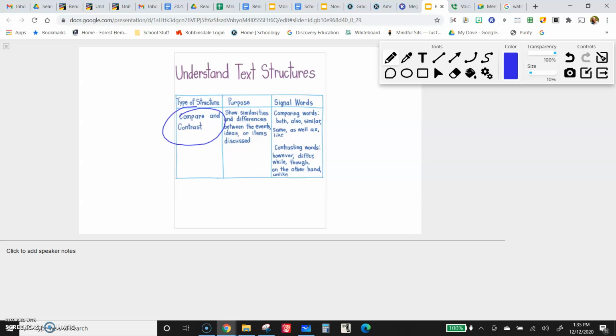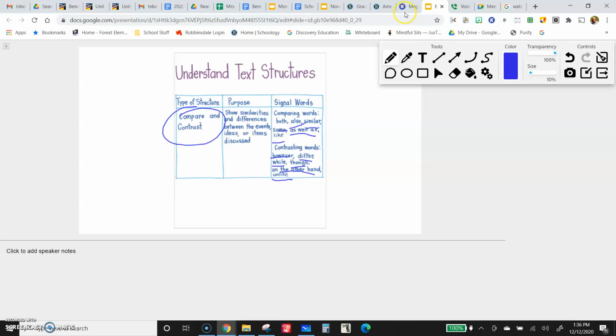It shows similarities and differences between the events, ideas, or items discussed. It might show 2 different sides of view. Think of the Federalists and then the Anti-Federalists. They were comparing and contrasting what both of those sides believed. You'll see words like both, also, similar, same, as well as, like. And then you'll also see contrasting words: however, differ, while, though, on the other hand, unlike, to show how the